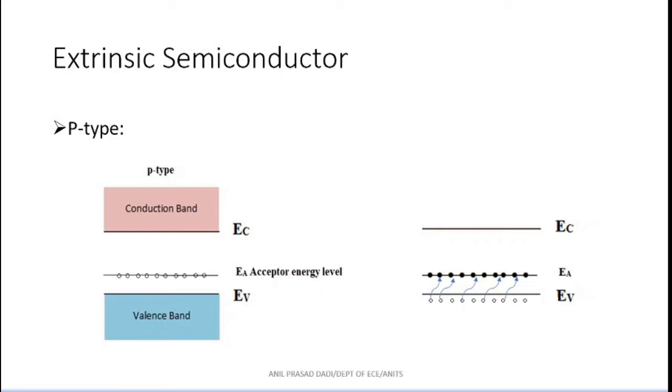You don't do anything at room temperature, that energy is automatically given to your valence electrons in the valence band, so that once my valence electron has come and occupied this hole, a hole is created in my valence band. Again, another valence electron comes and occupies this particular hole, so the holes are being filled with valence electrons, and the valence electrons are going to become the holes in the valence band. Did you understand what I'm saying? When my valence electrons move to occupy the holes available in the acceptor energy level, holes are being created in the valence band.